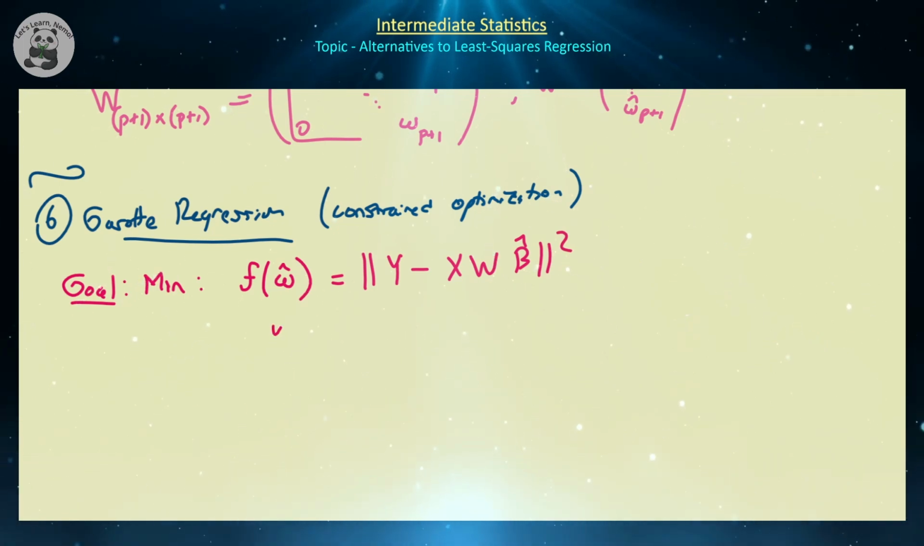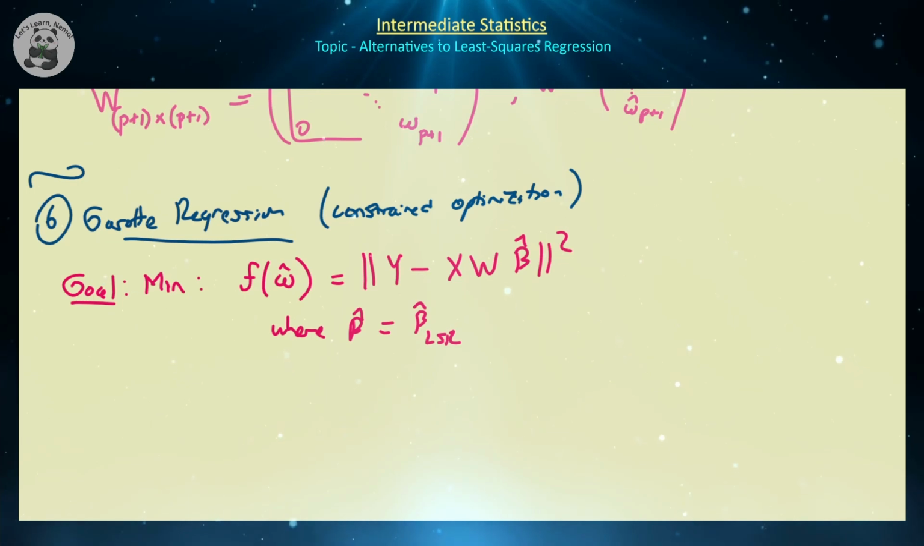Where beta hat is the beta hat that is obtained from the least squares regression model, or the ordinary least squares approach, right? Now, that is the overall function that you want to minimize. Then we add two constraints. So there's going to be a couple constraints we want to minimize subject to,